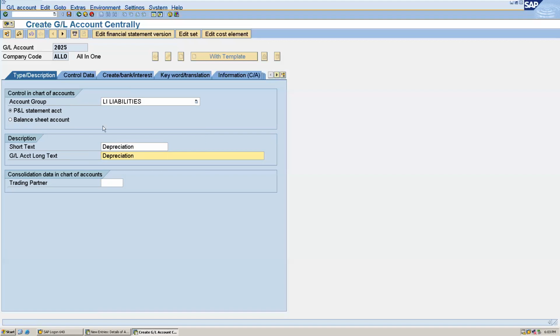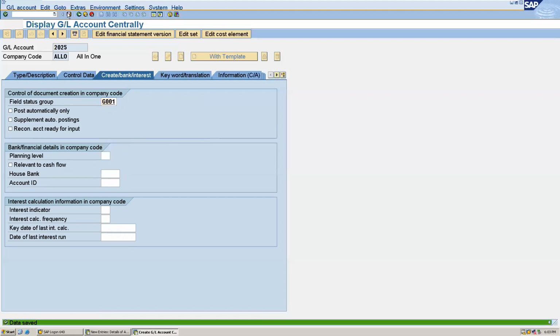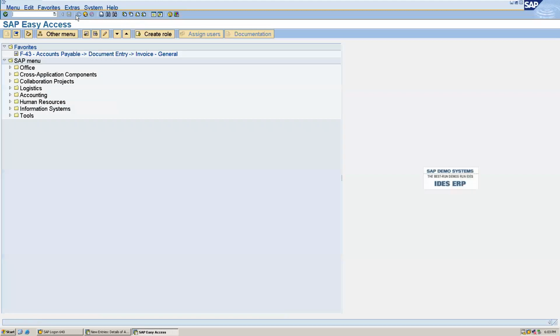And this is also not a reconciliation account, and we will give the field status group. Save this. Now we will see how we will integrate this general ledger with the account determination.